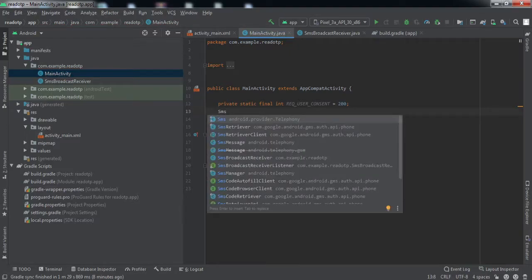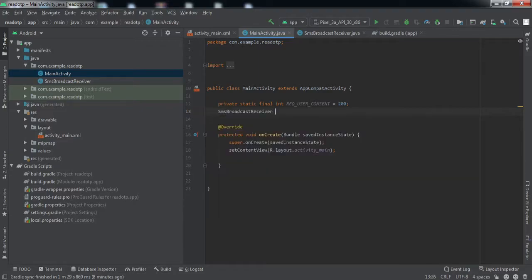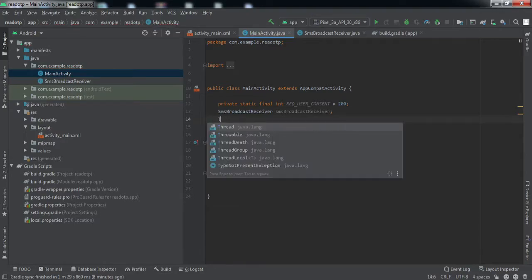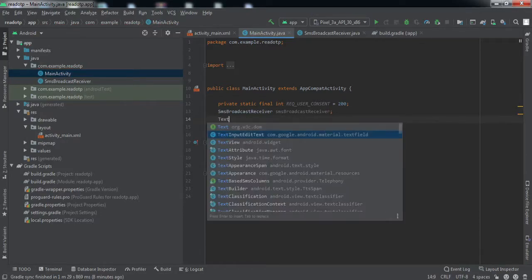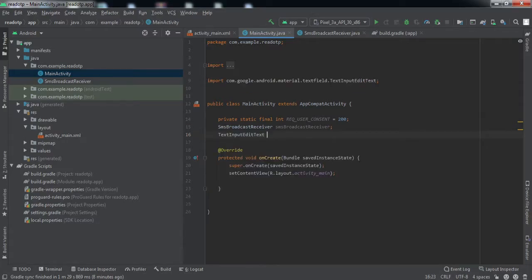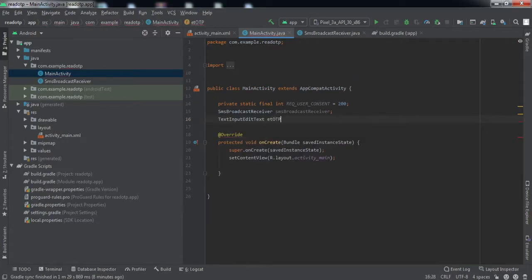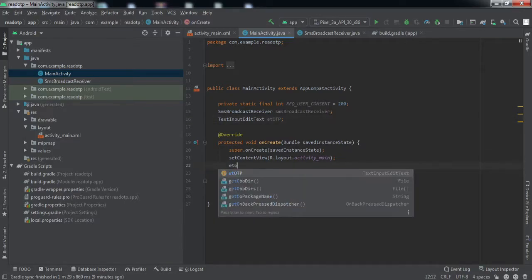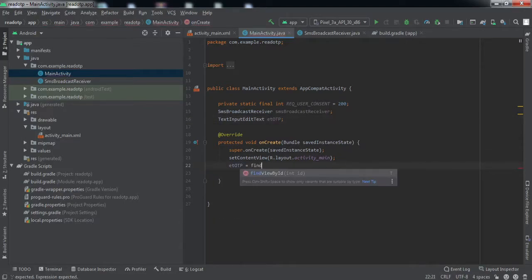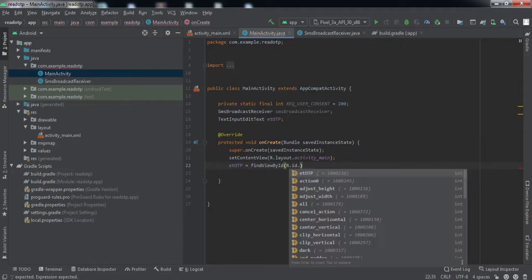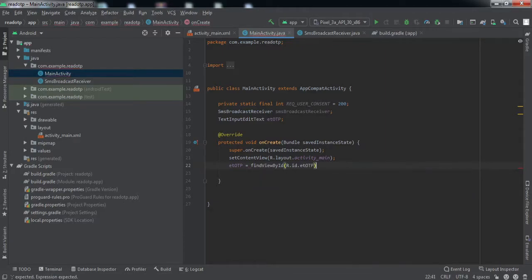SMS broadcast receiver, we'll make a reference variable for the class we have just made, and a text input edit text. I'll just name it as etotp. So etotp is equal to find view by id. We are just referring to the edit text inside our main activity layout.